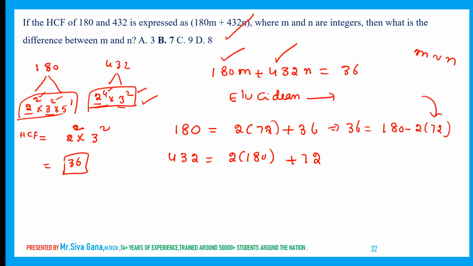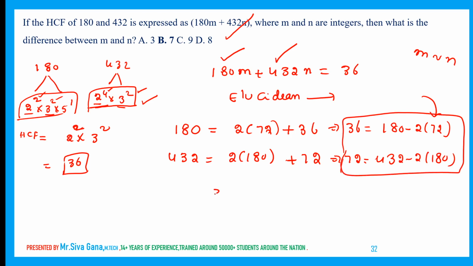Now in place of 72, how much can I replace? 72 is equal to 432 minus 2 into 180. This I can replace. I am making use of this beautiful technique proposed by Euclid. So 36 is equal to 180 minus 2 into, in place of 72, I am writing 432 minus 2 into 180. Right? So therefore 36 is equal to 5 into 180